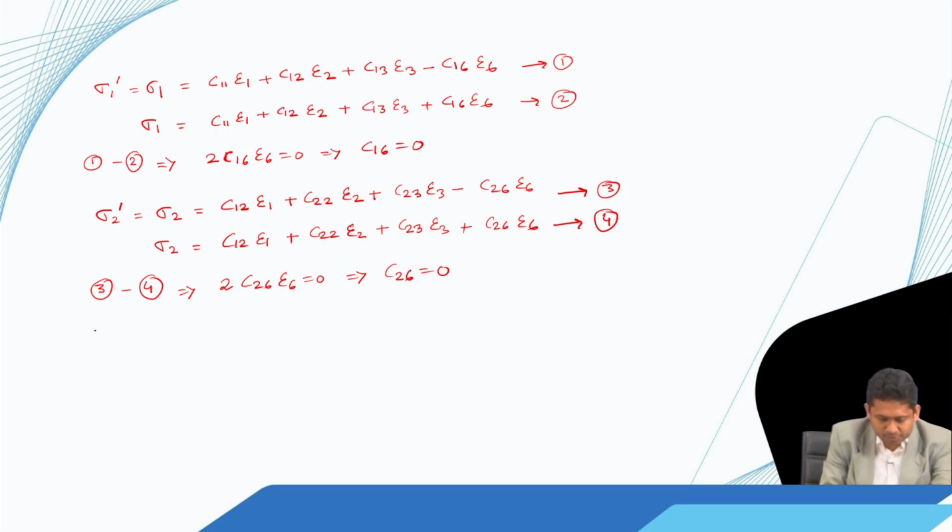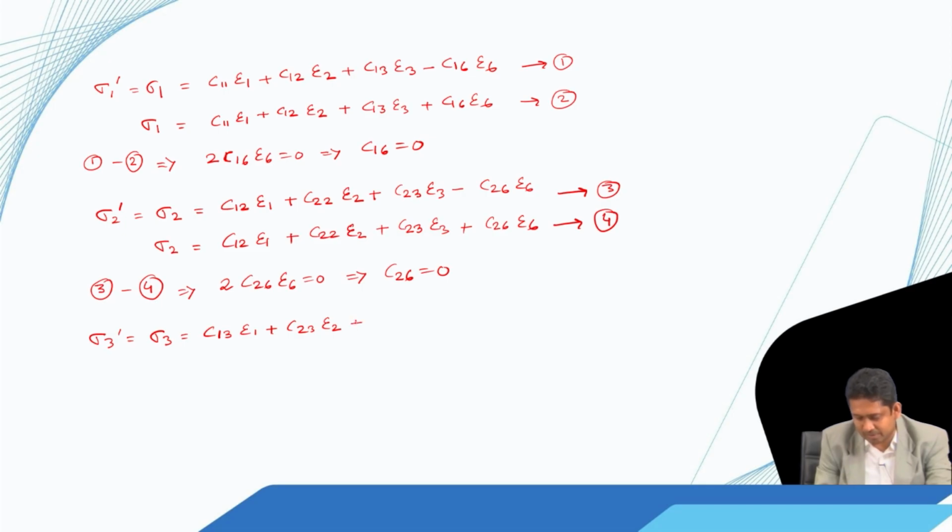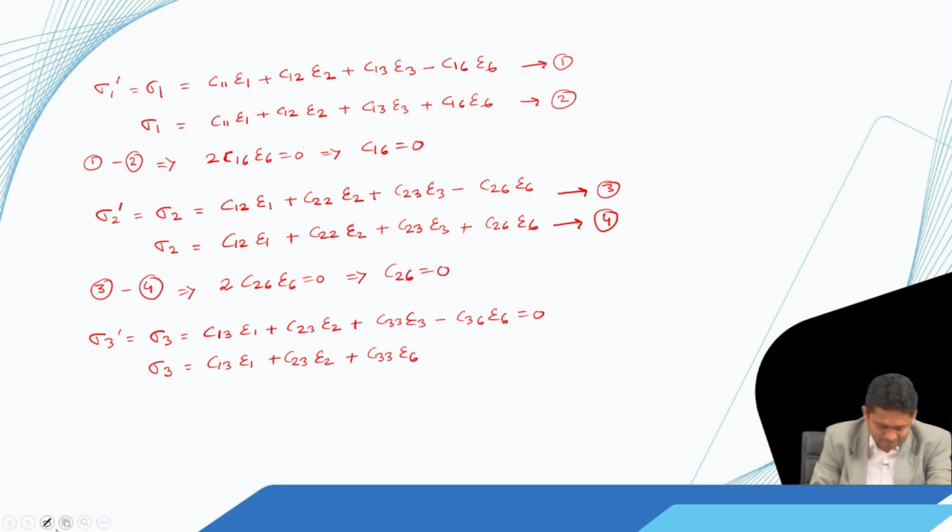Now, let us do it for sigma 3 prime. So, sigma 3 prime is equal to sigma 3, and that we can write as C13 multiplied by epsilon 1 plus C23 multiplied by epsilon 2 plus C33 multiplied by epsilon 3 minus C36 multiplied by epsilon 6 is equal to 0, and in the 1 2 system we have sigma 3 is equal to C13 into epsilon 1 plus C23 into epsilon 2 plus C33 multiplied by epsilon 3